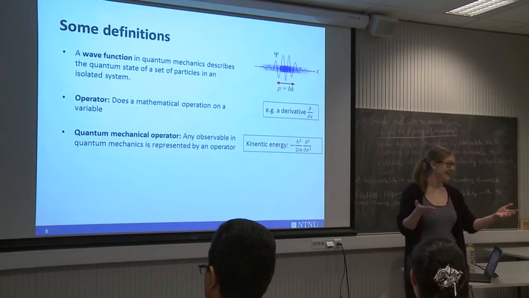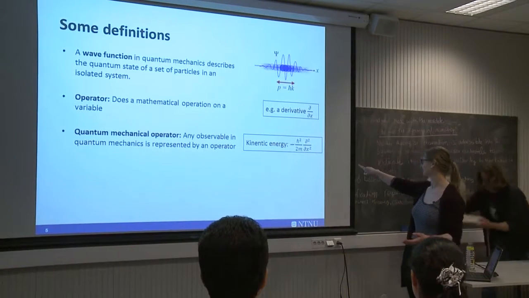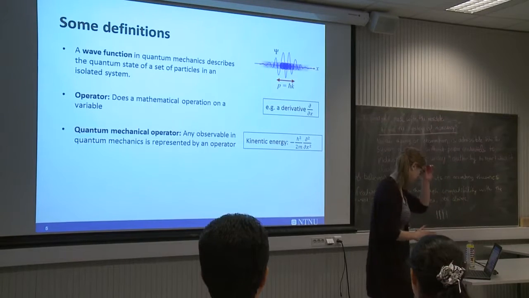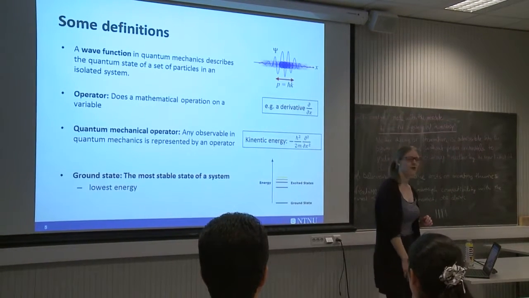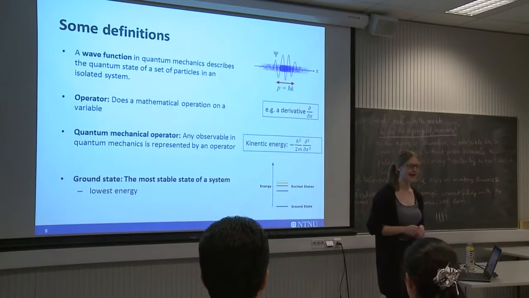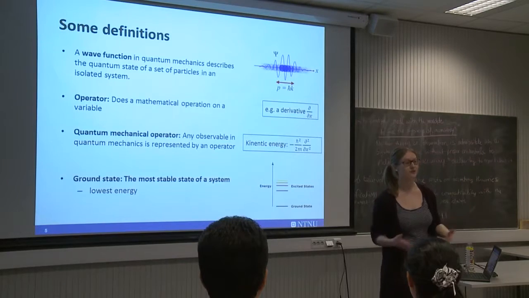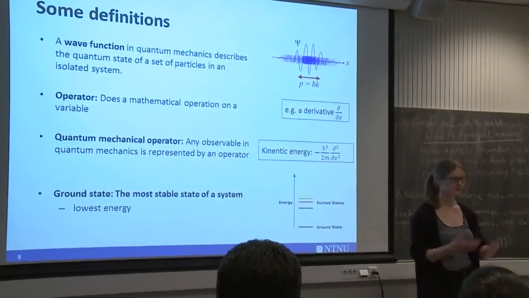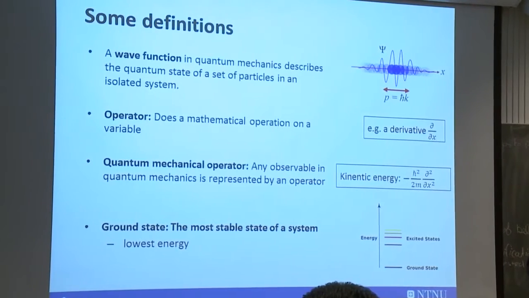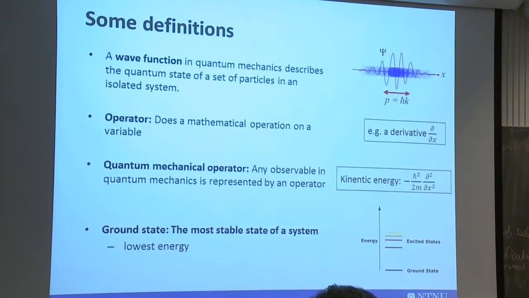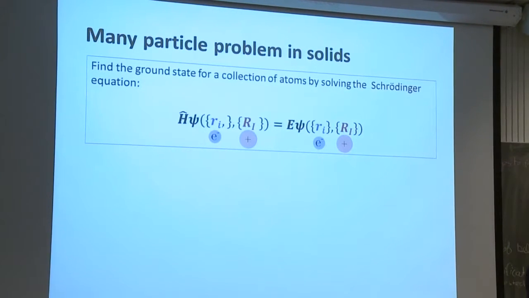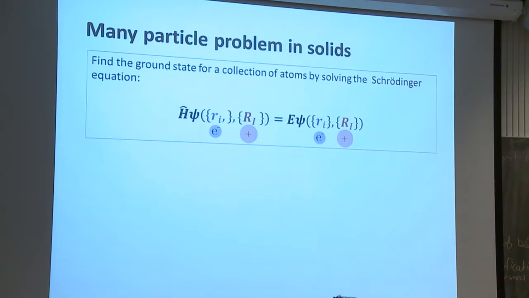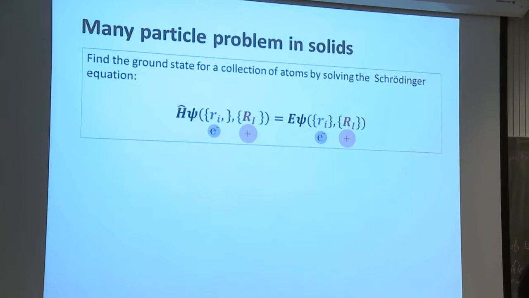So for example, the kinetic energy. In quantum mechanics, the kinetic energy is written something like this. So it's something, something, and then a derivative, right? And lastly, ground state, that's mainly what we're after. We're after defining the ground state of our system. That's basically the most stable state of our system, the lowest energy state, right? Okay, so that's that. So now we start from the beginning. We're interested in finding the ground state of a set of particles. And the way we do that is we try to solve the many-body